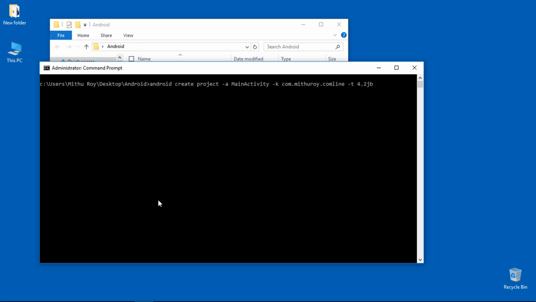Okay, and after that I have to specify the path here. I'm already inside a path in this case, but I don't want to create the project inside this structure here. So we are going to create a folder here. If I just do it like app/app1, it is going to create a folder inside this Android folder called app, and inside this app folder it's going to create an app1. So I'm going to create just app,